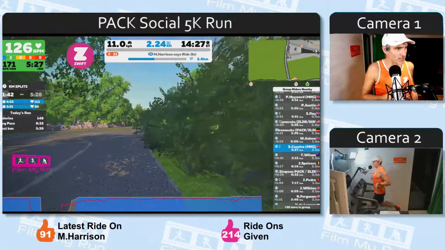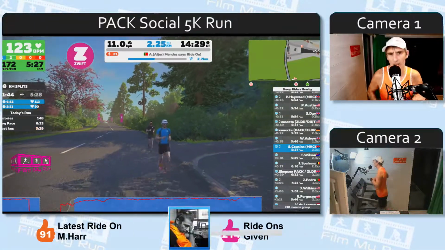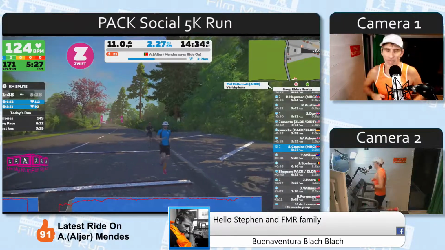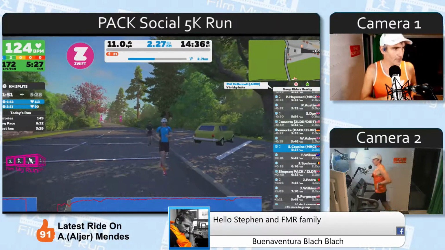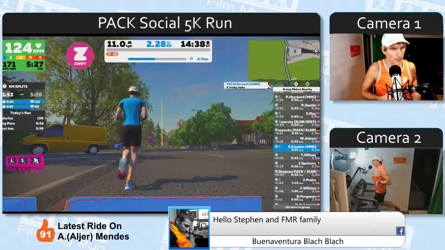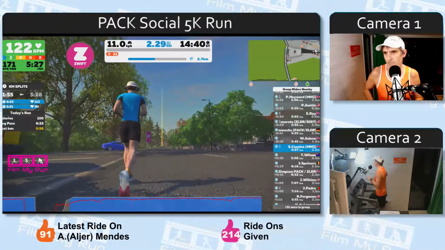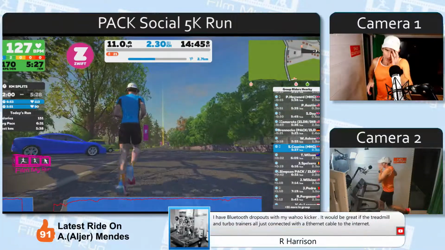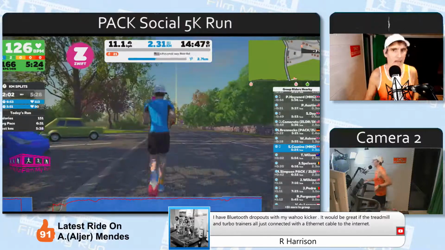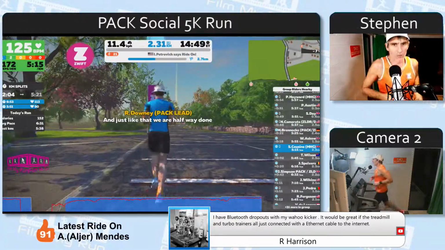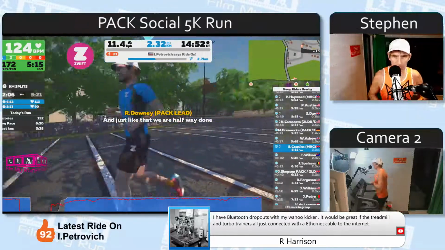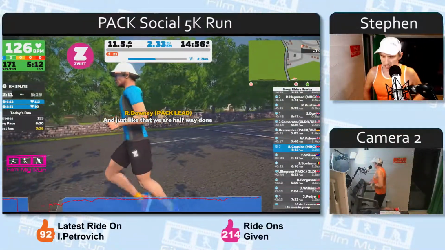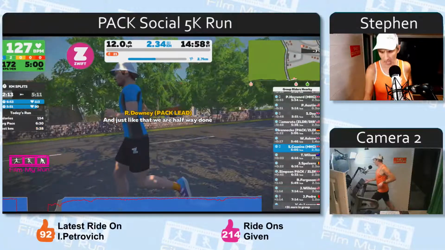So Jonathan's treadmill is a Star Trac Pro commercial treadmill, but it does have a gem unit. And after some initial problems with it, Jonathan, you're very happy with it, aren't you? So you can see how far ahead Ryan Downey is, 200 metres ahead of me because of my Bluetooth dropout. So I'm trying to slowly, gradually catch up with them.